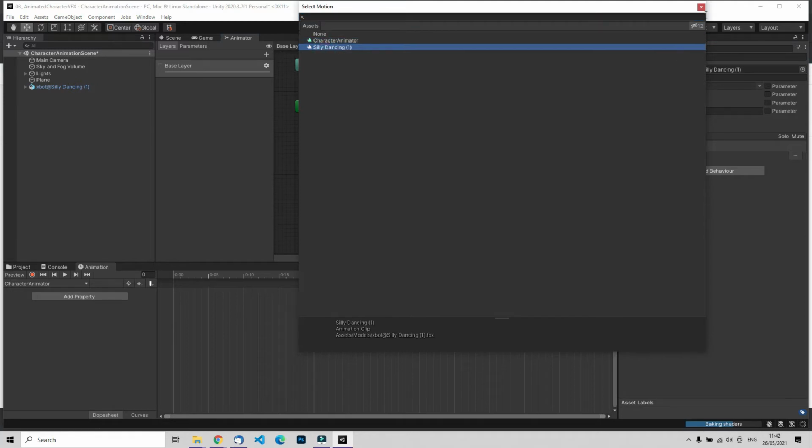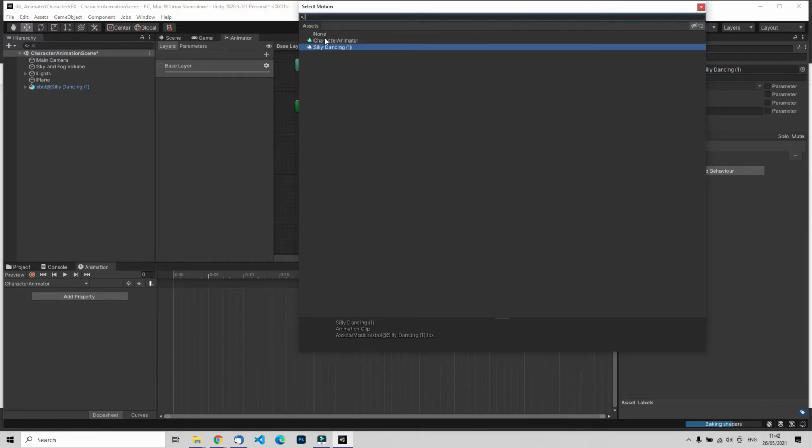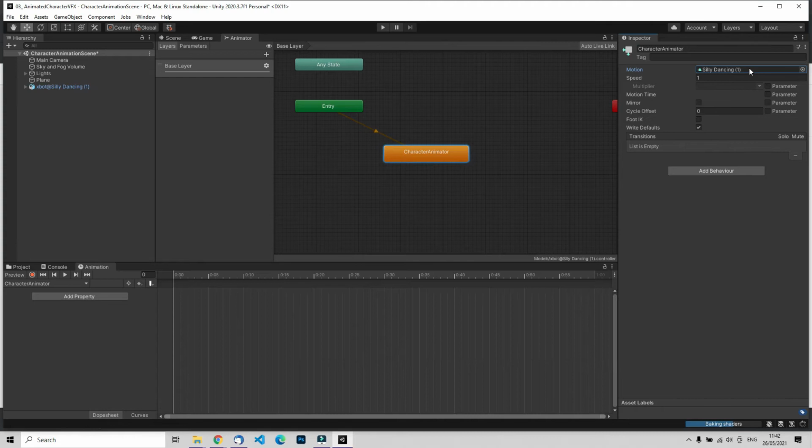And there you can see that the silly dancing animation, if you click on this target icon, is already attached to our assets. So now what will happen, as soon as we enter the scene, over this transition node, we will enter the character animation node here. Maybe we can rename that already to silly dancing. That makes sense, the bigger these nodes get, so you have a nice overview of what's actually going on. So you know that this one is the silly dancing node. And now if we hit play,